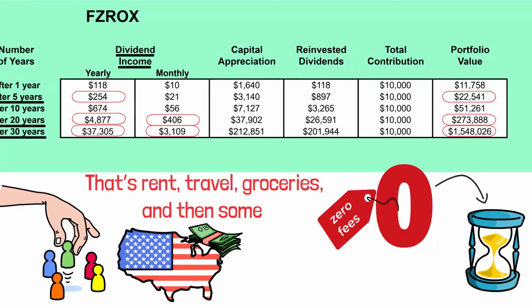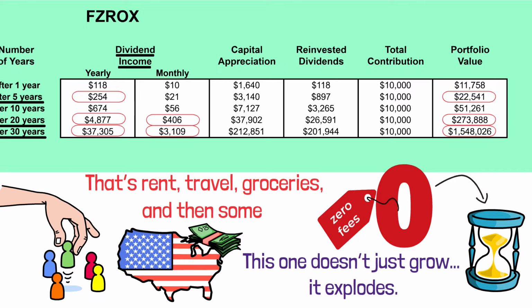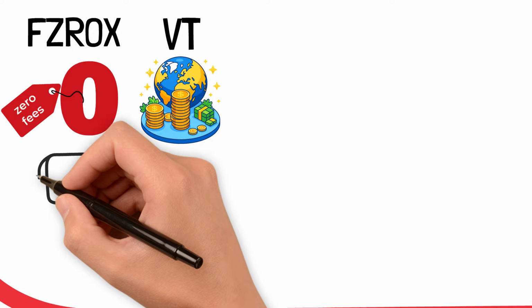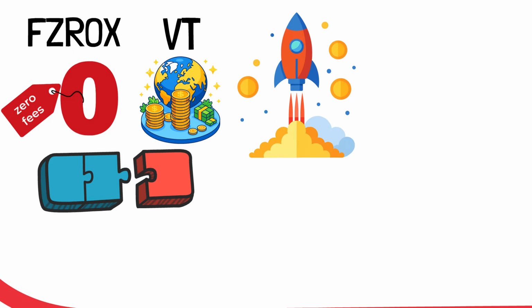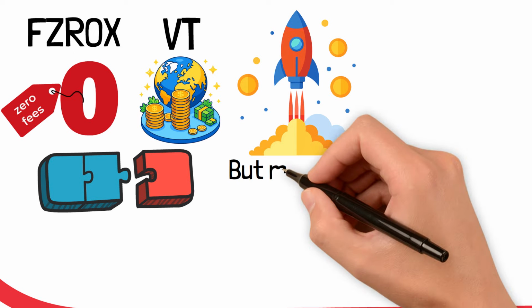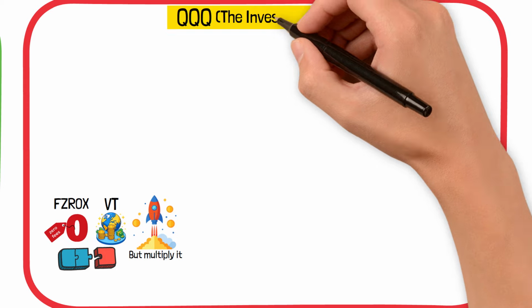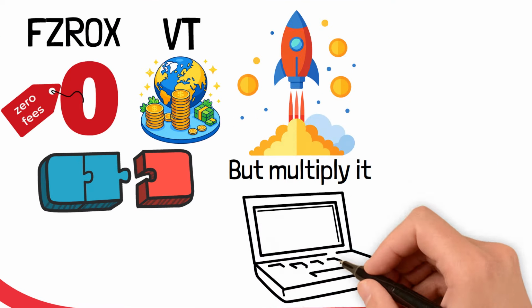Up next, the final ETF. This one doesn't just grow, it explodes. Triple Q. We had FZROX, the no-fee workhorse, then VT, the king of global diversification. Now meet the third piece of the puzzle, the rocket ship for investors who don't just want to grow wealth, but multiply it. Triple Q, also known as the Invesco Triple Q ETF, is the high-octane, growth-chasing beast of the